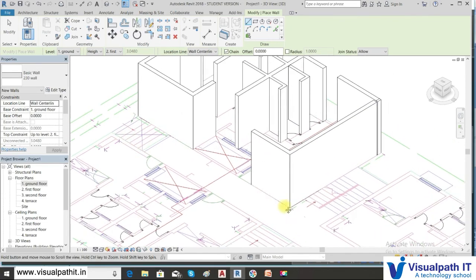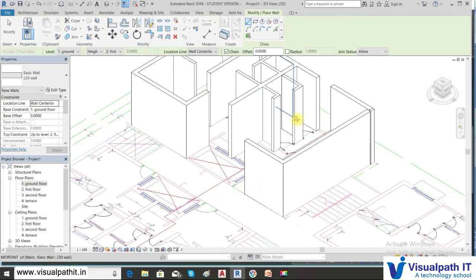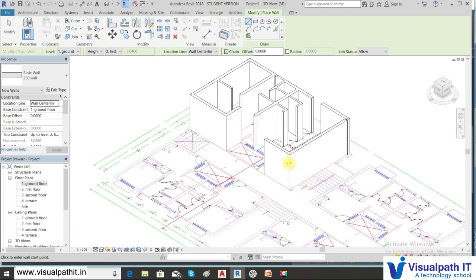In this way you will be completing your walls, and you can copy this and place it here because the measurements are the same. So it is a duplicate of that. You can copy it, or if you want, as a practice you can draw it. In this way the whole model will be completed, and then we will be editing it.